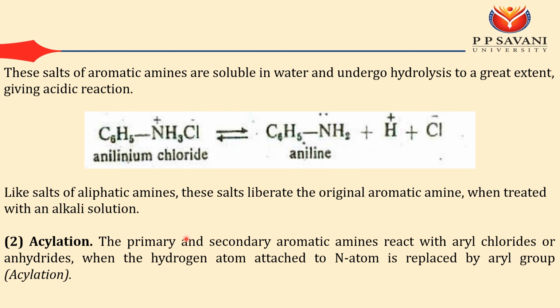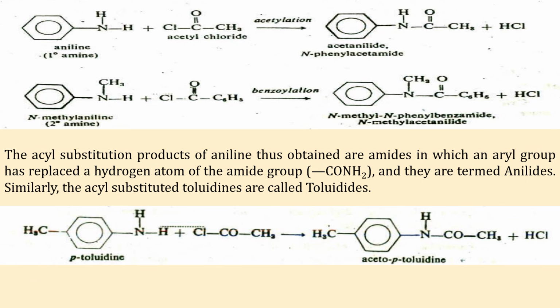Acylation. The primary and secondary aromatic amines react with acyl chloride or anhydride, when the hydrogen atom attached to the nitrogen atom is replaced by the acyl group. Okay, so it's like that. RCOCl is your acyl chloride. So if I have a primary amine, HCl will be removed and I will get acetanilide as a product. Suppose I have a secondary amine, same thing,